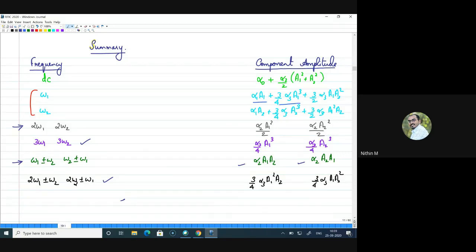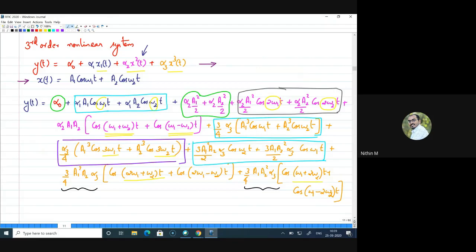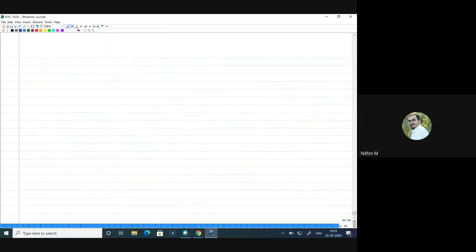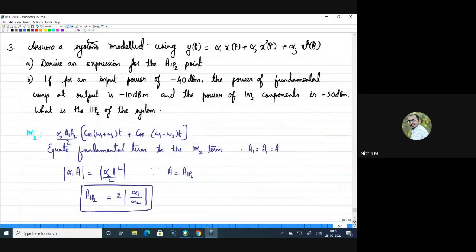Let me look at this. When I add those two together, it is simply alpha 2 A1 square, right? Yes, sir, exactly. Sorry, thank you for pointing out, Vishnu and Anirudh. I did not notice that. I am actually taking the sum of two components. One component is half, so while adding, the half will not be there. Is that clear, Vishnu? Yes, sir. Thank you for bringing this point over here. So this is not there. All right. Now come to the second part of the question. How will you solve it?